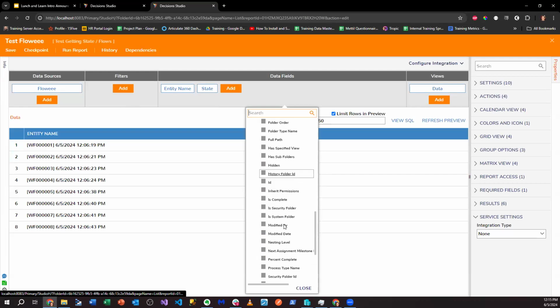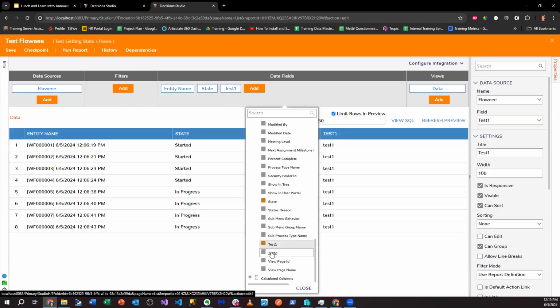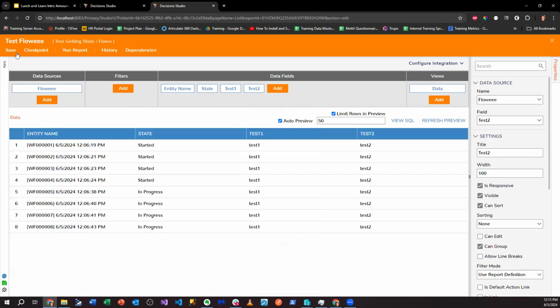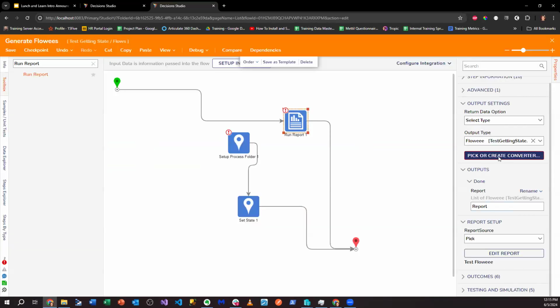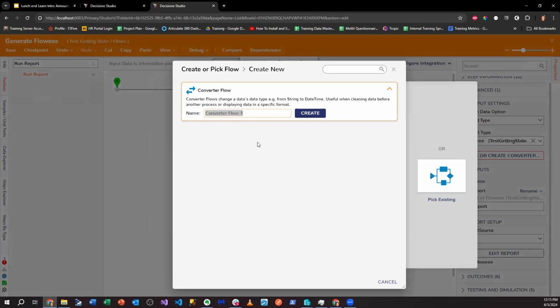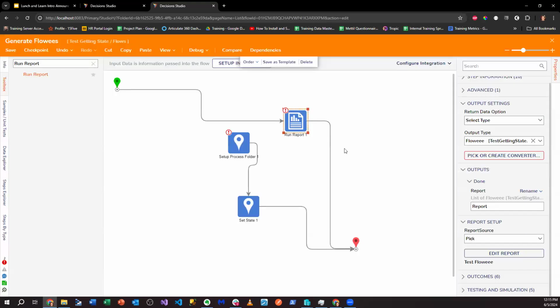The two pieces of type data are test one and test two. Yep, I could grab that. But still, I think I have to run a converter, which I don't really have to run for that. Well, the other way you can do it is